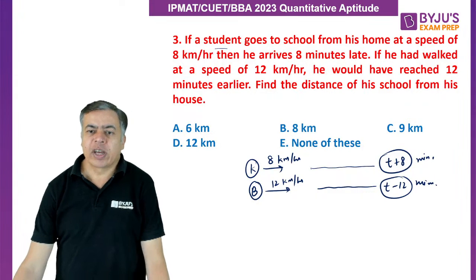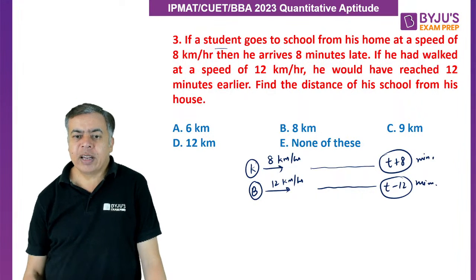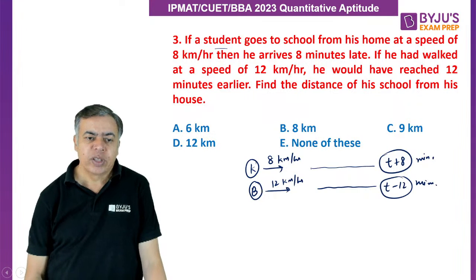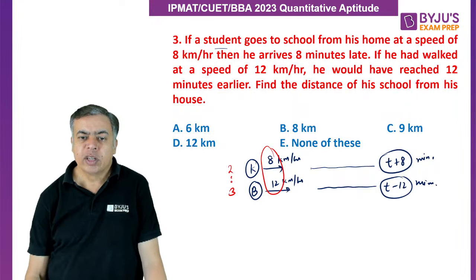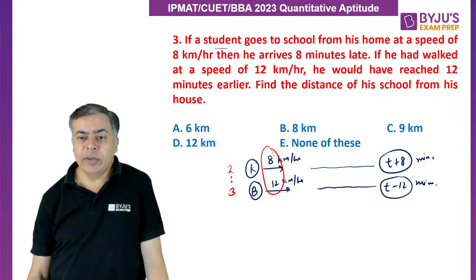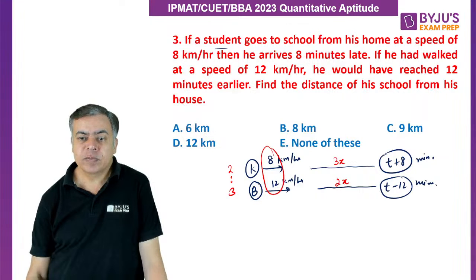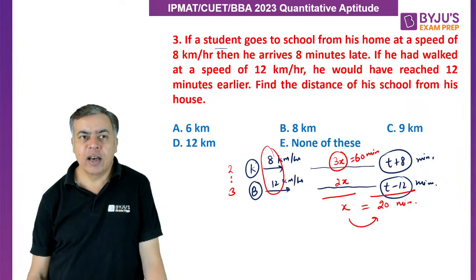तो इस सिचुएशन में डिस्टेंस तो सेम है ना, because the distance is same. Ratio of the speed, just see here the ratio of the speed is 2:3. अगर स्पीड का रेशियो 2:3 है तो टाइम टेकन का रेशियो 3:2 होगा. तो टाइम टेकन यहां 3x, यहां 2x. So the difference in the time taken should be x, which is equal to 20 minutes. So if x is 20 minutes, 3x is going to be 60 minutes, and you can say 1 hour.